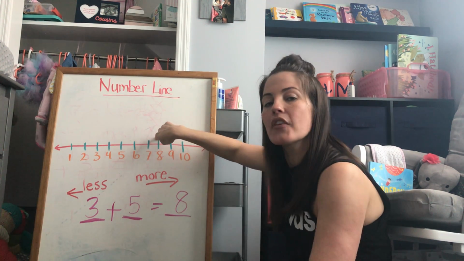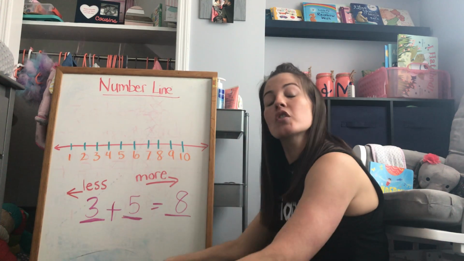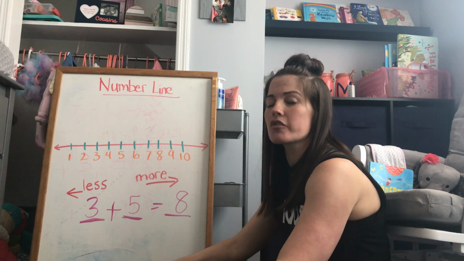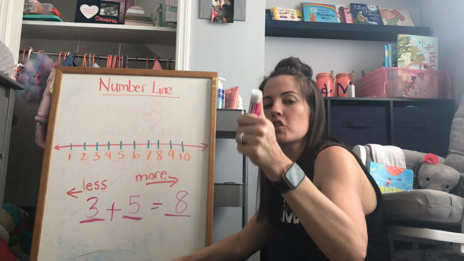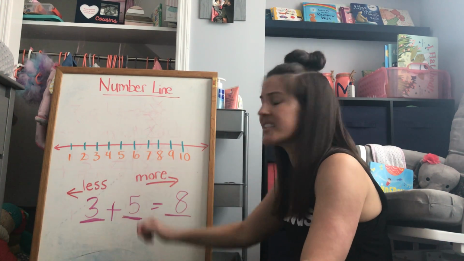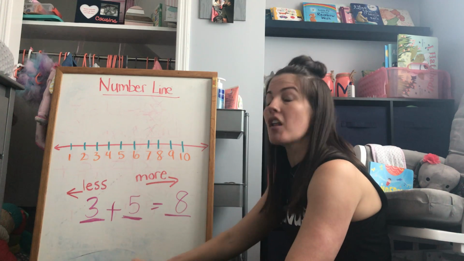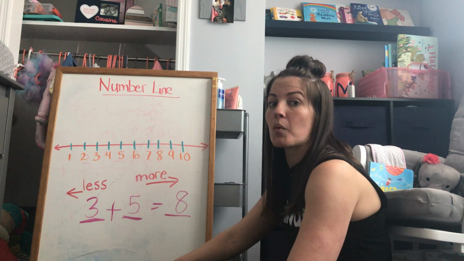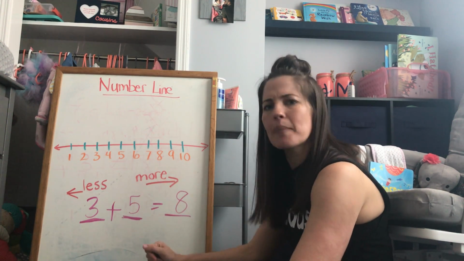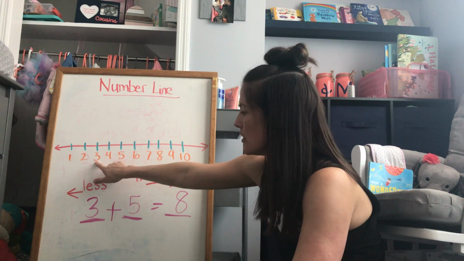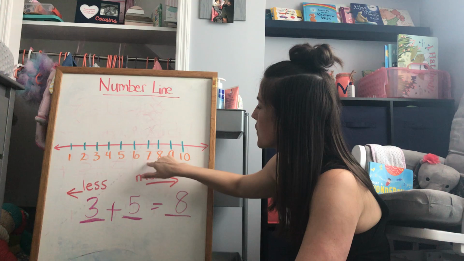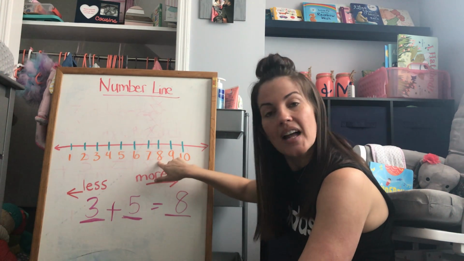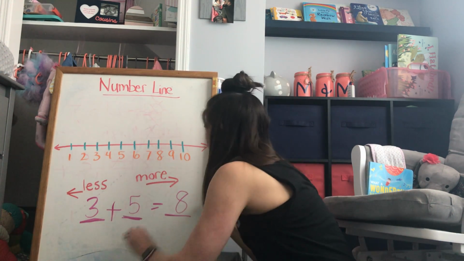So this is another strategy. Remember when we did our story problems and you had to draw me a picture and I said, that's how I know that you have the right answer. This is another strategy. Could you draw a number line to show how your work is going and how you got your answer? Absolutely. So I started at the 3 and I counted on 5. 1, 2, 3, 4, 5. And that's my answer. Okay, so that's how I do it with adding.